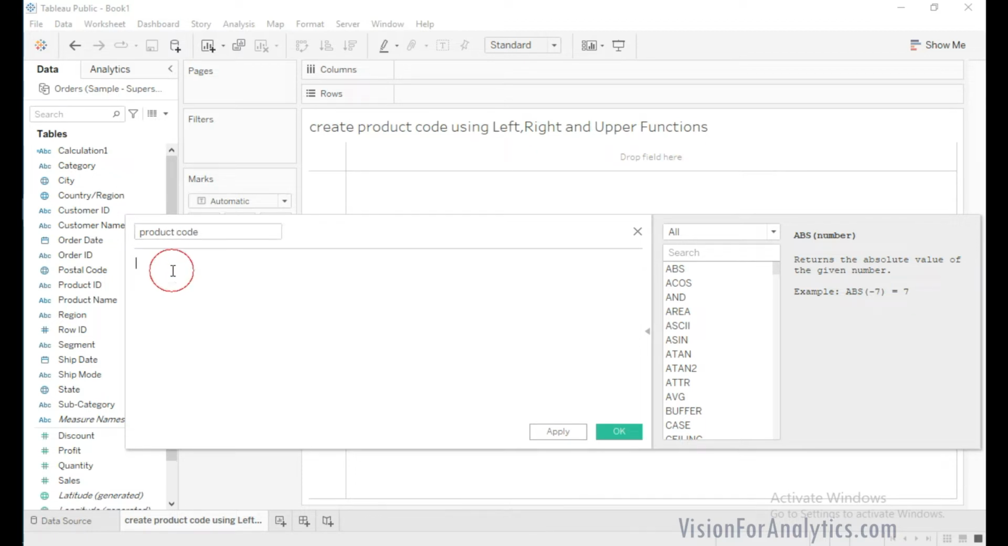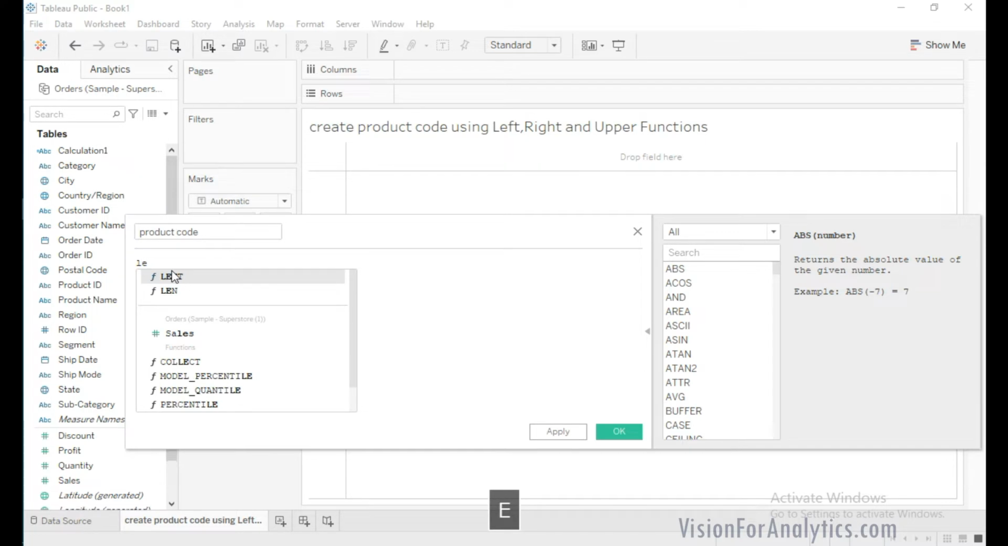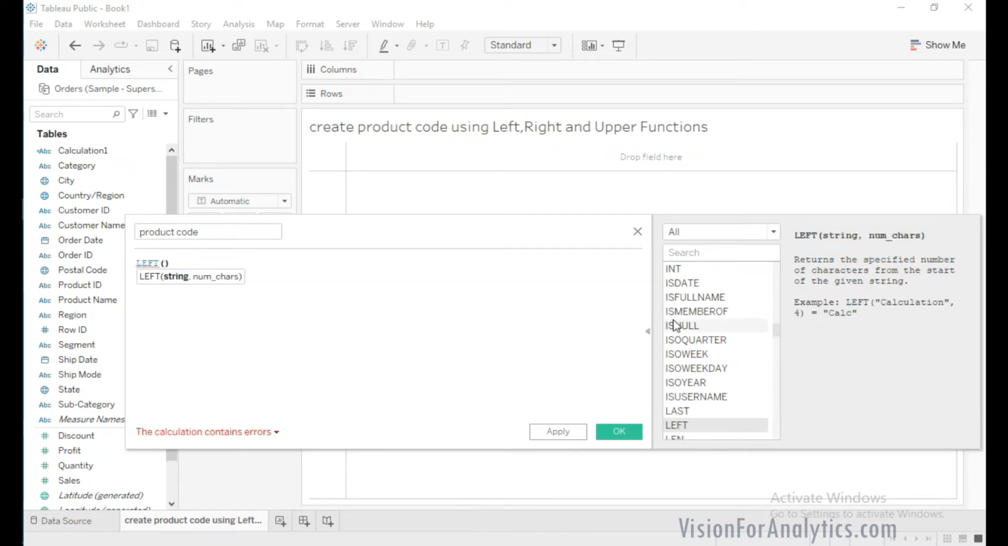Okay, so I will use the left function, which will return the specified number of characters from the start of the given string. The syntax is, I need to give a string and the number of characters. So as a string I will give category, and then I want the first 4 characters from category, so I will give 4. Then I will concatenate it with a hyphen. I can use single quotes also, hyphen, and